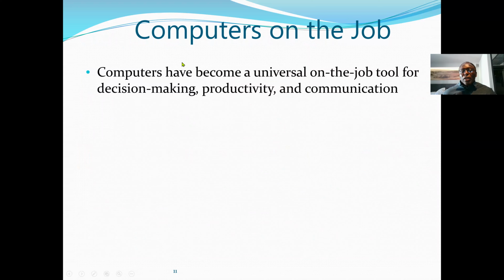Computers on the job. Again, most jobs today use computers as a tool for their business operations or any type of task. So computers have become a universal on-the-job tool for decision-making, including productivity and also communications among the employees and customers.